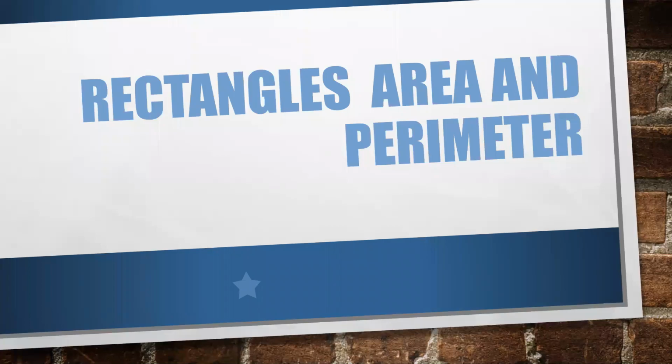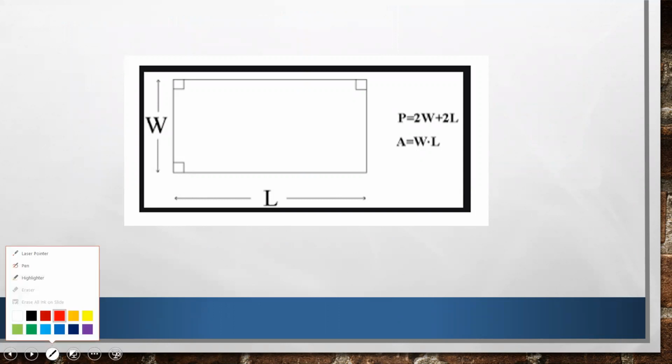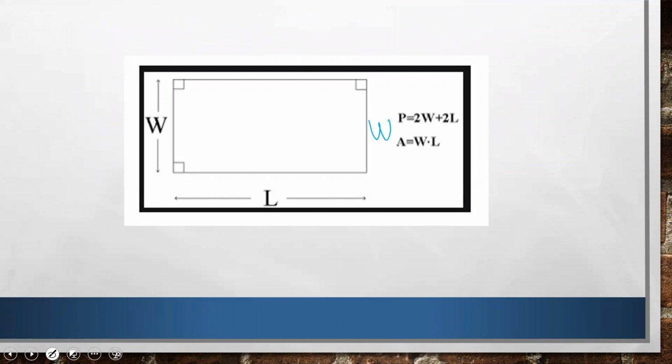Let's talk about rectangles, area, and perimeter. So let's say we are given any rectangle and we want its perimeter. All we have to do is realize that its widths are the same on both sides and its lengths are the same on both sides. So we'll double both of those, or multiply by 2, and add them together, because perimeter is just your distance